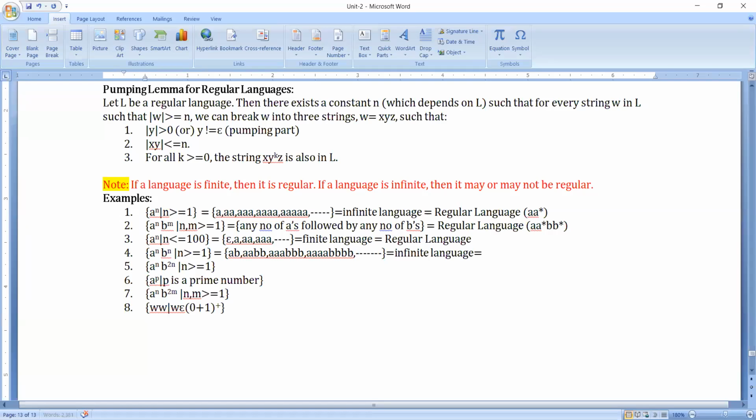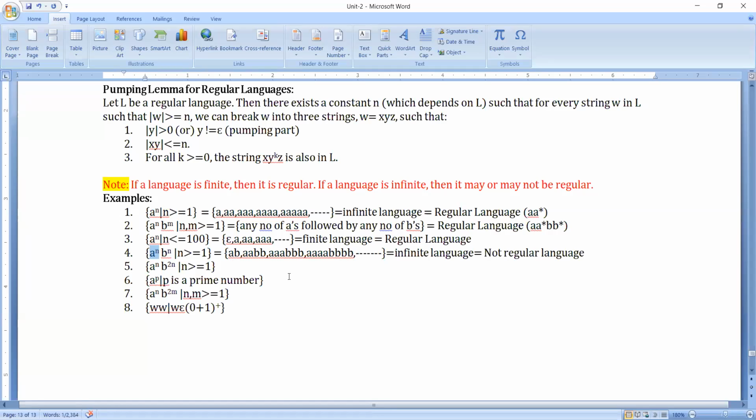Now, this language is not a regular language. Why is this language not a regular language? The reason is that our finite automata does not have the capability of remembering how many A's it has read so far.